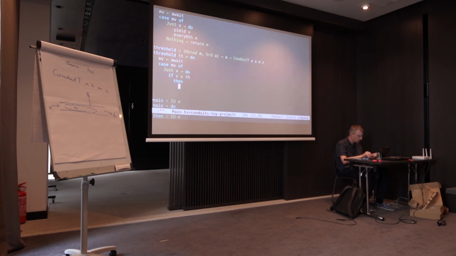Then what? Then yield value. Note that await returns a Maybe, but yield expects just the value, right? It makes sense, right? Then yield the value, else